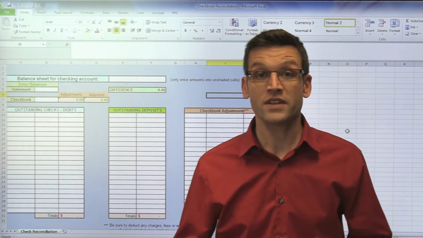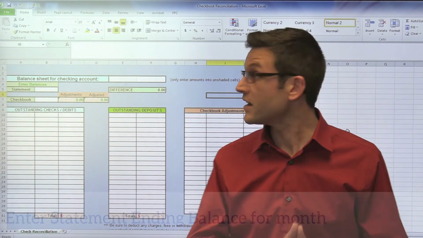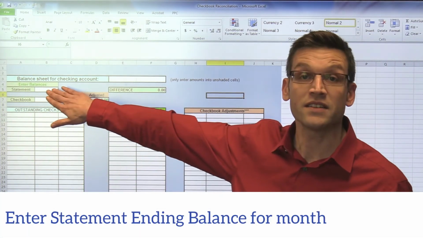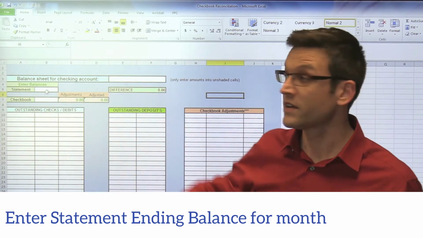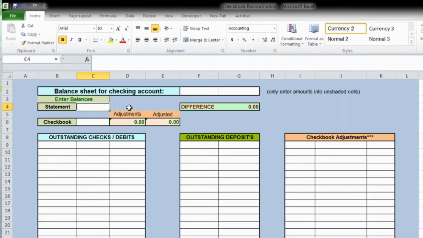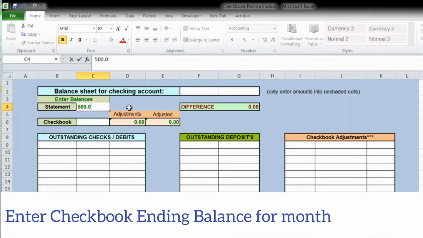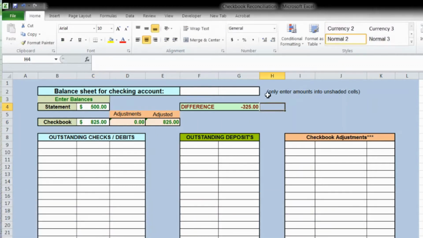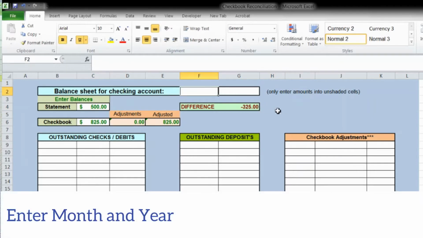First, you're going to take out your bank statement and enter in your statement balance at the end of the month in the following cell. Also, you're going to take your checkbook ending balance for the month and enter it into the following cell. What I would do is put in your month and year. That way you have this and you can print it for your records and know exactly what month it was